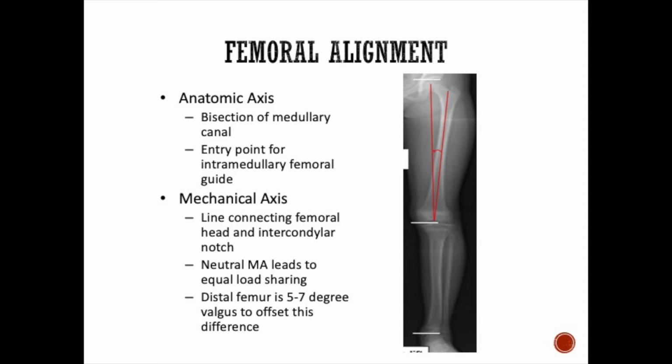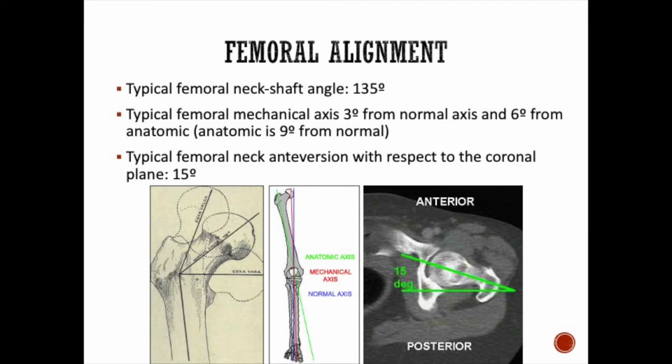The mechanical axis is a line connecting the center of the femoral head and the intercondylar notch. This requires a neutral mechanical axis to share loads equally. So in a varus or valgus knee, you're going to get point loading medially or laterally, respectively. The distal femur tends to be 5 to 7 degrees off of this. This is what's known as the valgus cut angle of the femur, and that's the difference between the anatomic and the mechanical axis. The typical femoral neck shaft angle at the top of the femur is going to be around